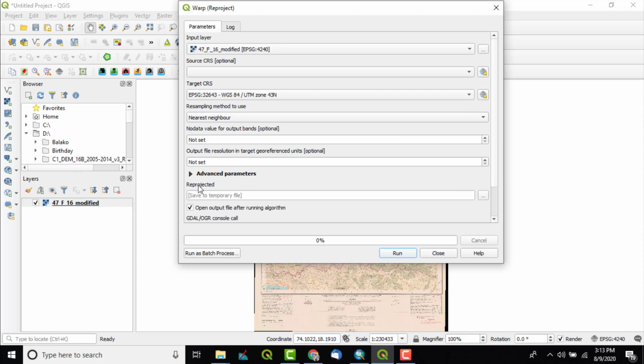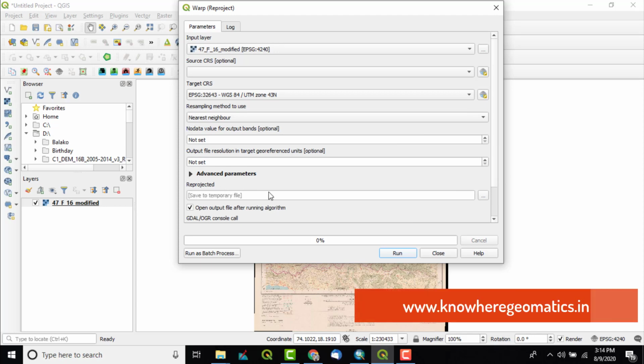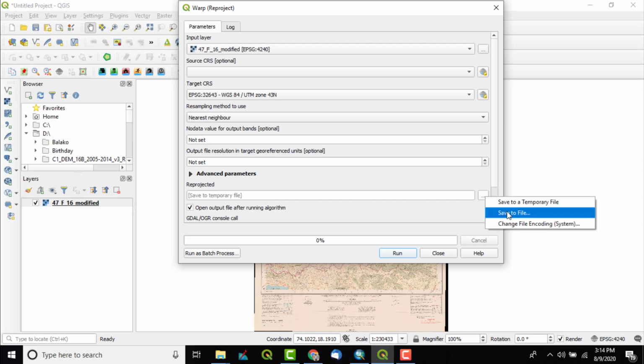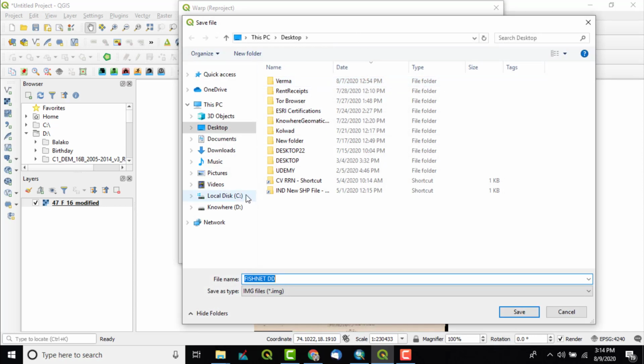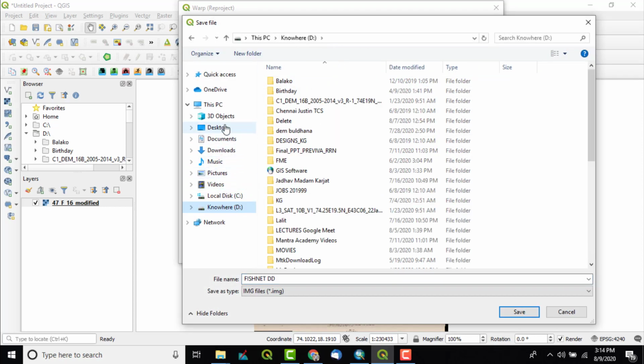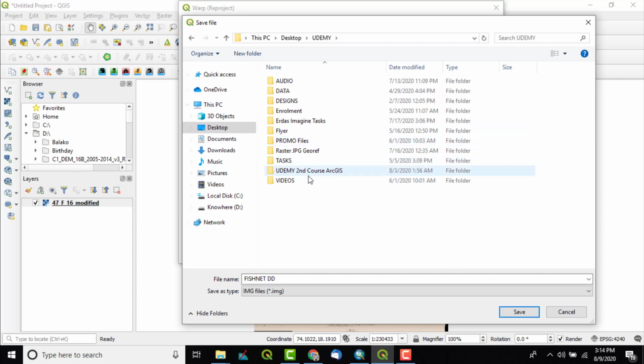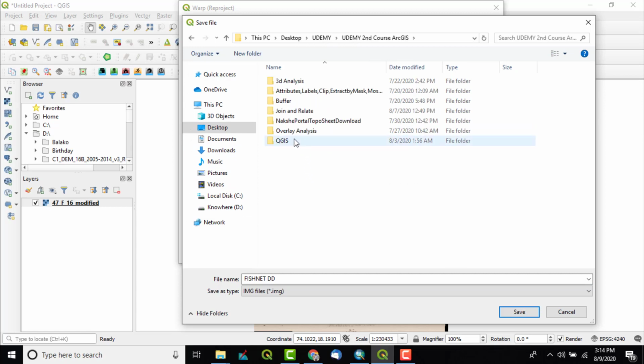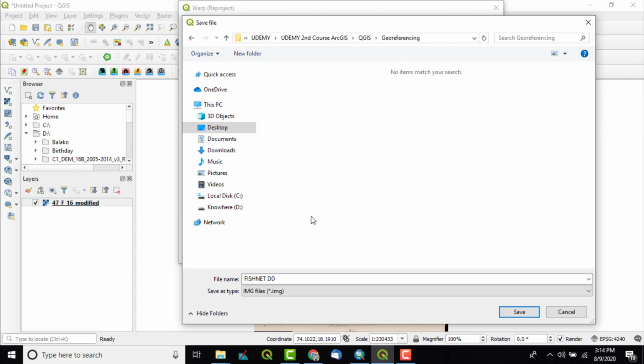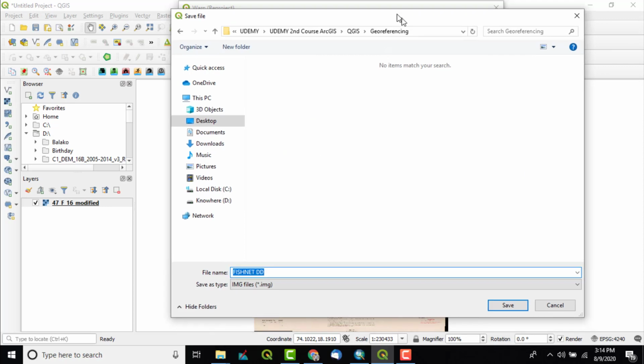Next, we have to save the reprojected file, which will be a new raster created. We click on save to file, to our local drive, wherever you want to save it. I will go to my folder where I want to save it, and here I will name it.